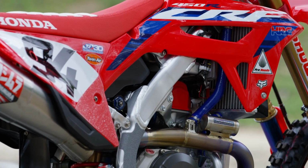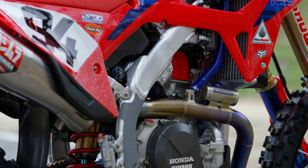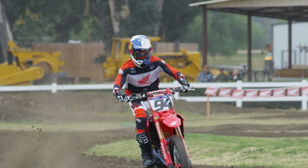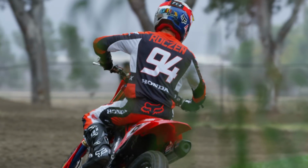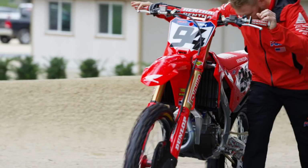We're here to give you the inside look at Ken Roczen's 2022 HRC Honda CRF450R. This is Ken's 6th year with the HRC Honda team and the 2nd year with what is the 2nd generation bike he has ridden since he's been with the team. So after a year of developing this bike, racing it, there are definitely some unique things to look at and see what Ken's been doing with the setup on this bike as he's had a little bit more experience and time to